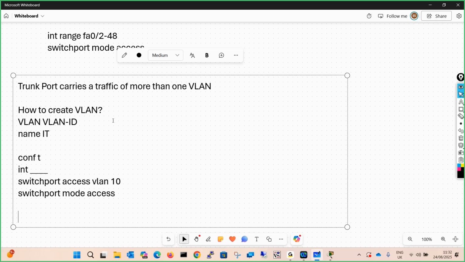Now, if you want to create a trunk port, you will go to configuration mode, say the interface name, and say switchport mode trunk. We have learned how to create a VLAN, how to assign a VLAN to the port, and how to make a port a trunk. This we have learned till now.